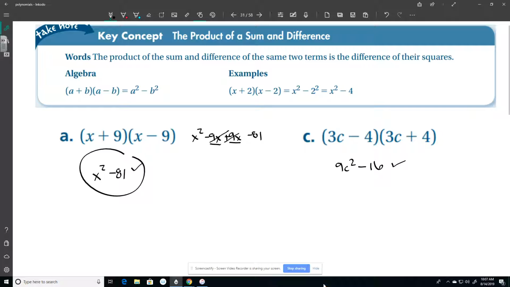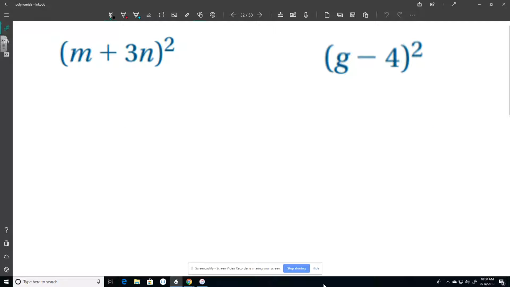Either way, you get the same answer. I don't care which one you use, but if you can remember that shortcut, it might save you some time on the homework and on the test. Okay? So using that shortcut, m plus 3n squared,